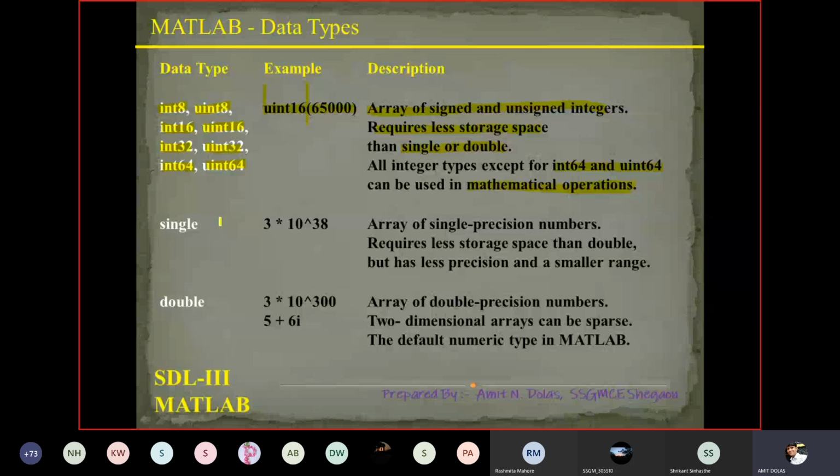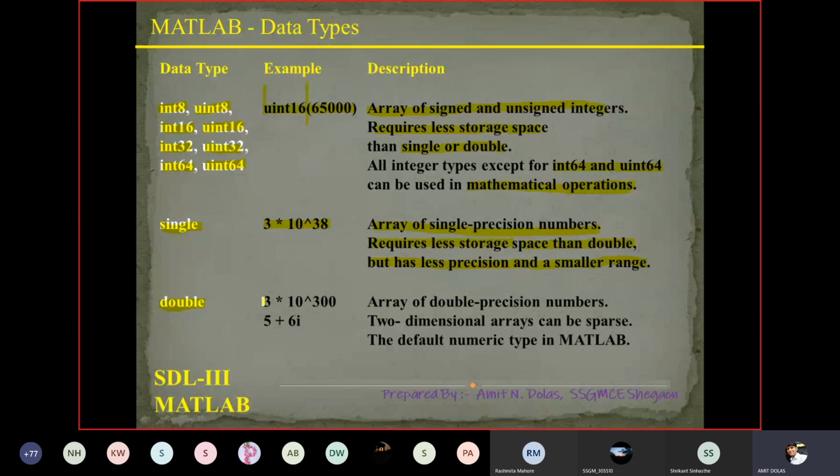Then single. This is the example of single. We'll run that. An array of single precision numbers requires less storage space than double. By default it is double, but single has less precision and a smaller range. Precision is less and range is less. And double is the default data type in MATLAB, if we don't change it.